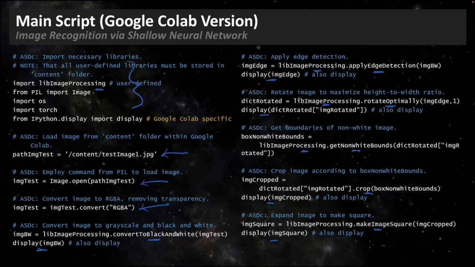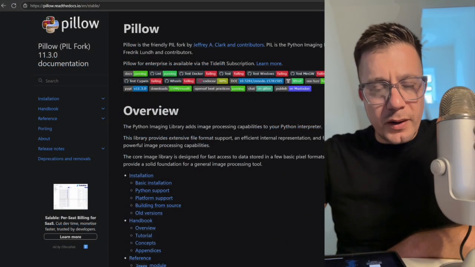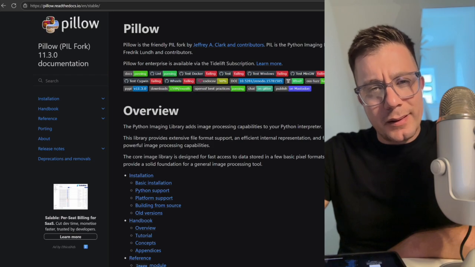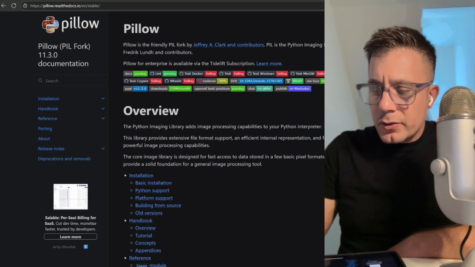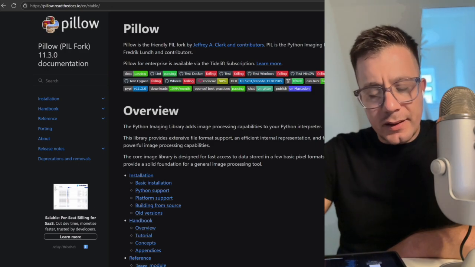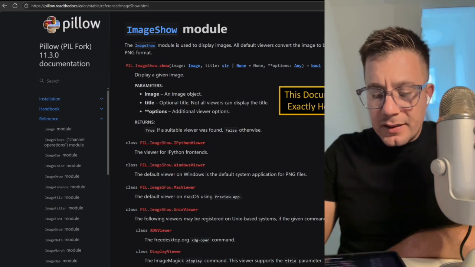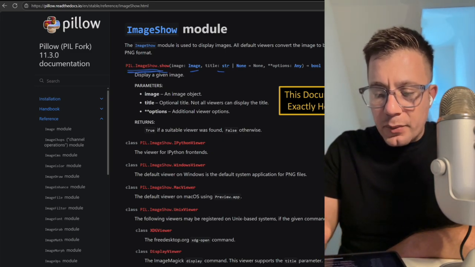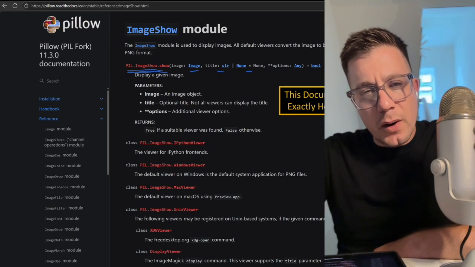So pretty straightforward here. I want to spend a second talking about documentation. Let's say you're reading through my code, you see the PIL, the Pillow library, you see some of the methods called from it, and you don't really understand what's going on. Don't just keep moving. Take a second, search for that library online. Almost all Python libraries have amazing online documentation, and just read through it real quick. You'll see that 99% of the time it provides a clear overview of the methods you can call and exactly what inputs you need to supply to those methods. So I think this is one important habit you can teach yourself if you want to get better at this